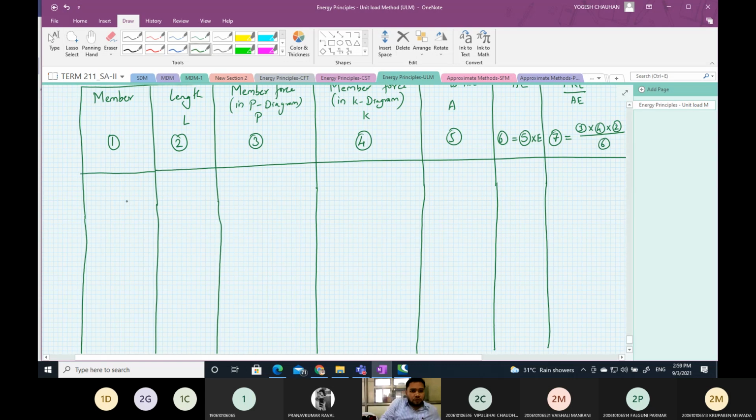Member AB: the length of member AB is 4 meter, so we express this in mm, so it will be 4000. Member force is 0, this is minus 4 by root 41. Cross sectional area is given as 900, so this will be 900 E, and